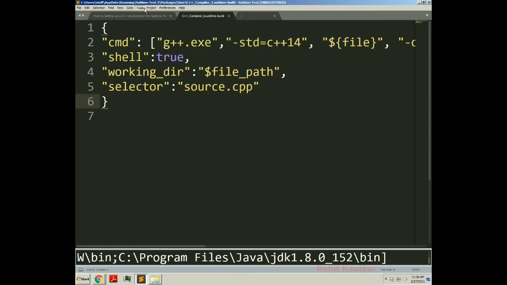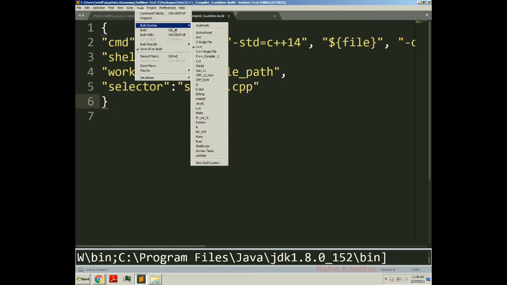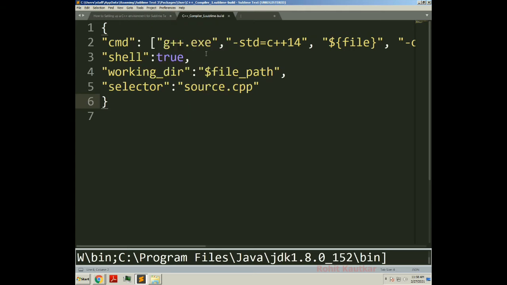Okay, now if you go to tools and if you see build system menu, you will find the name C++ underscore compiler 1. This build system we have created. Okay, so select this build system, so it will be able to recognize and compile your C++ programs.